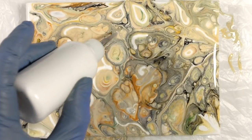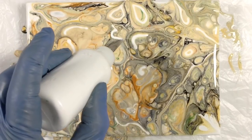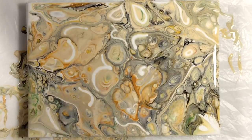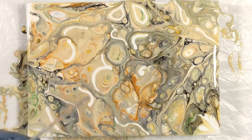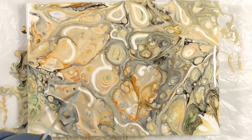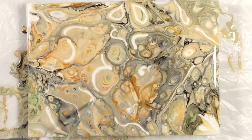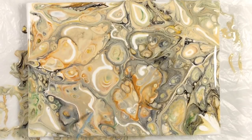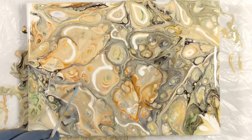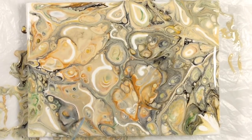I think if I can get white into these areas, this will look more alive. So now that I've added the white, I have to blend it in more. And the best tool for that is the thinnest skewer. You know, like how bamboo skewers come in different sizes. The thinnest one you have is the best for something like this,